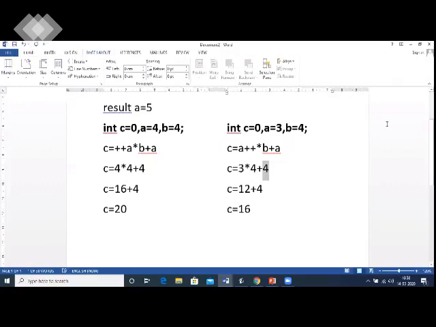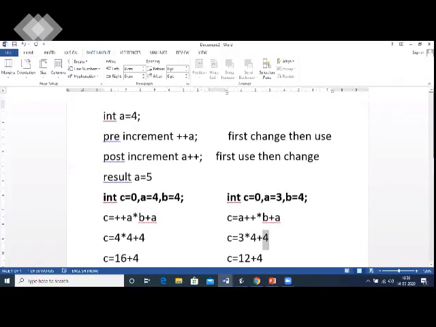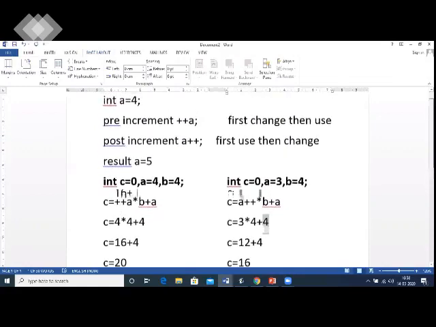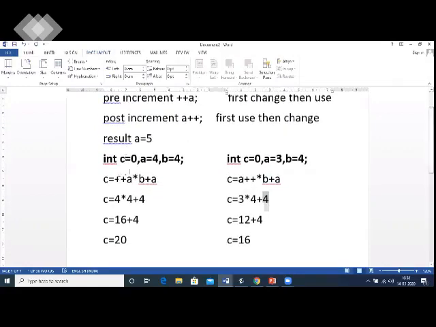So in a similar way, post-increment, post-decrement and pre-decrement work. We can do a program based on that.